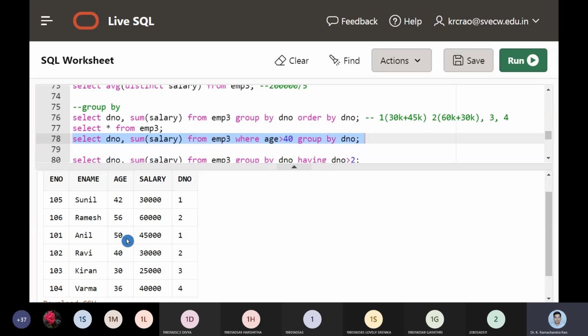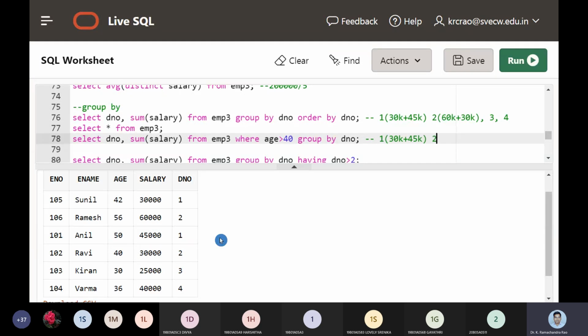So what are the things? Group by department number. In this, 42 and 50, that is 105 and 101, are to be grouped. Why? Because 30 and 45,000 are going to be in the same department. So in the first group we will get 30 and 45K because we made a group, and we should get the second group.